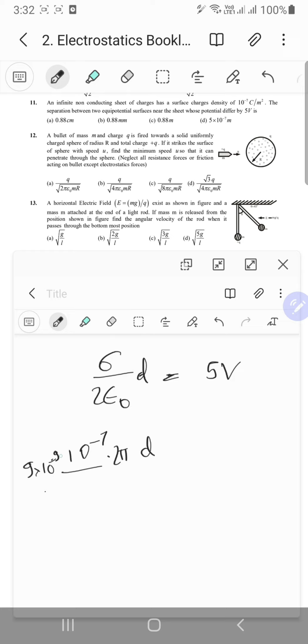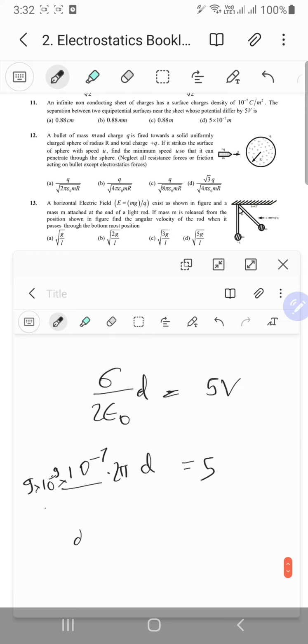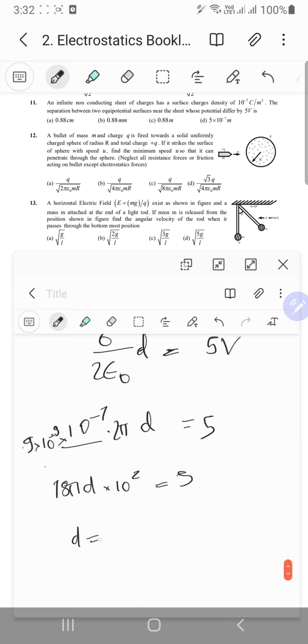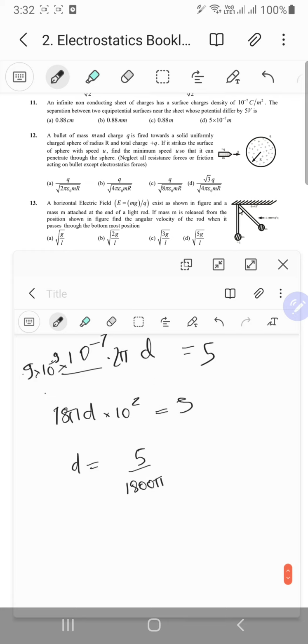Oops, not minus 9, just 9 itself. Okay, so this thing is supposed to be 5. So 18 pi d into 10 power 2 equal to 5. So d is just 5 upon 1800 pi. Yeah, wow. Okay, these many meters, so this should be, well, we want it in terms of, okay, yeah, well,